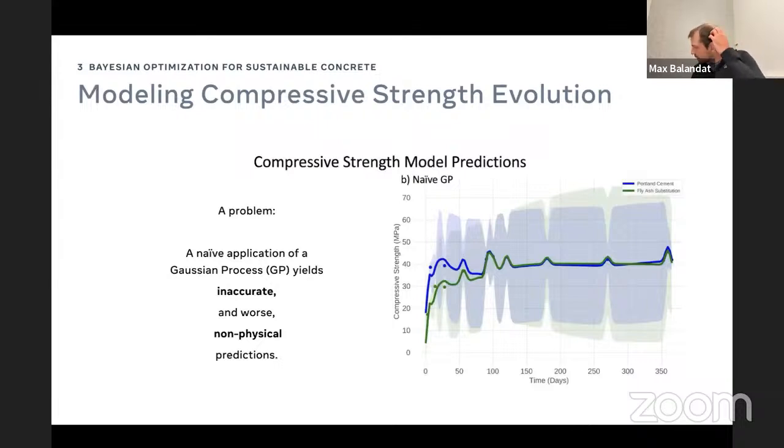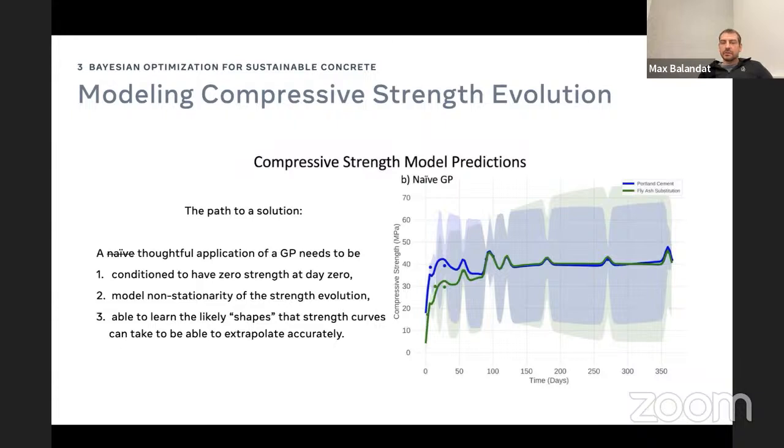So looking at the modeling problem, you can say, okay, I have the strength model, where strength is a function of the composition and time. If you throw a naive GP at this, then you get really bad results. They're not even physical. They have a non-zero strength at the time of pouring, which is not correct. Obviously, this should be monotonic because it only gets harder and not softer over time. So this works pretty poorly. You want to make sure that you avoid this kind of behavior, and that you're able to extrapolate those curves well.